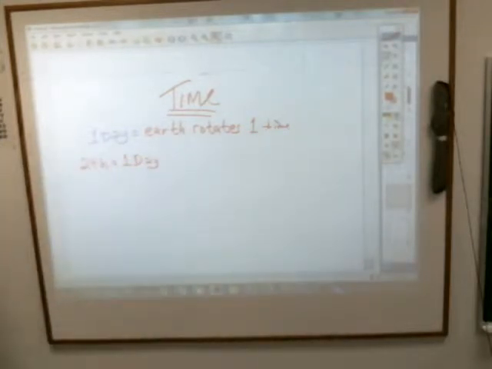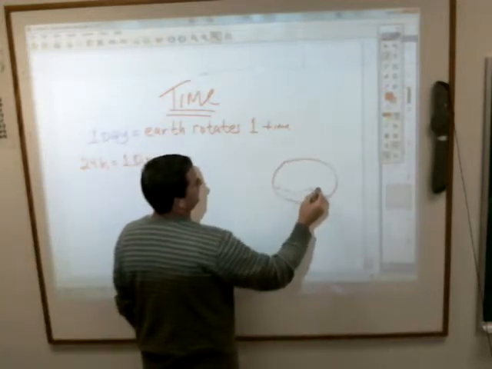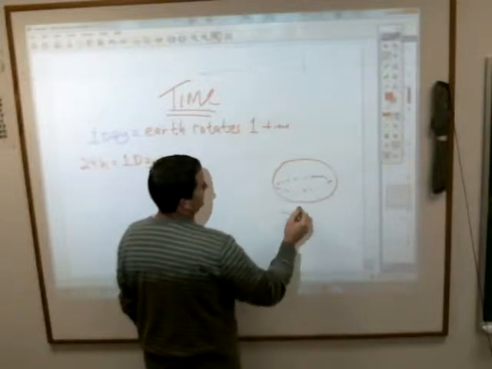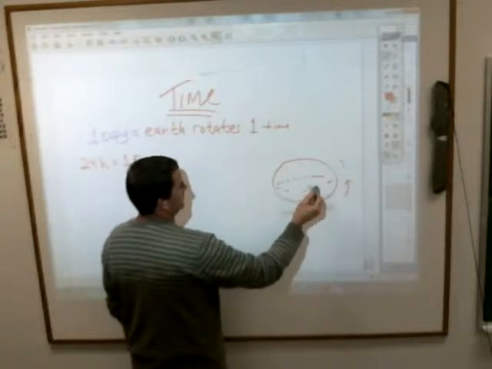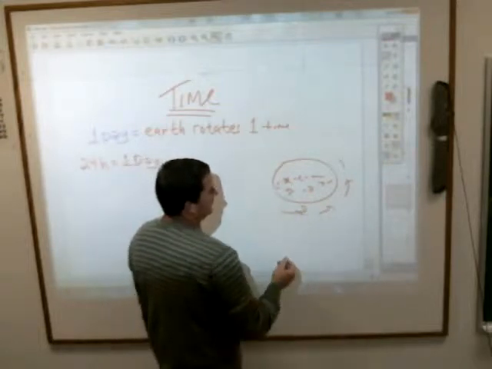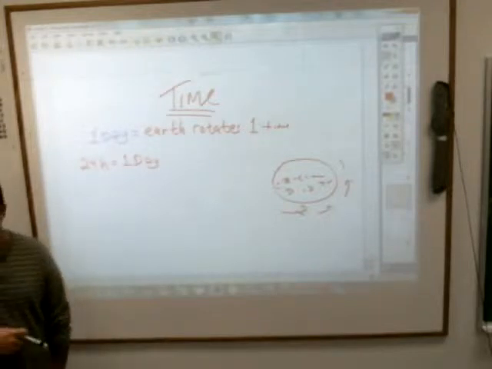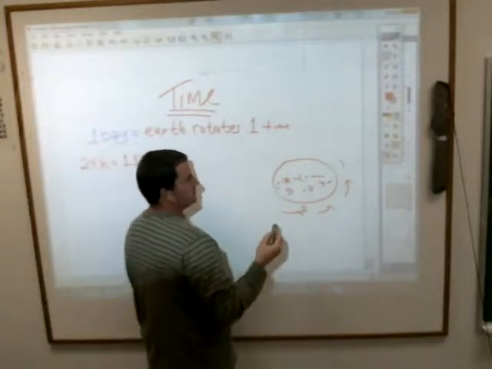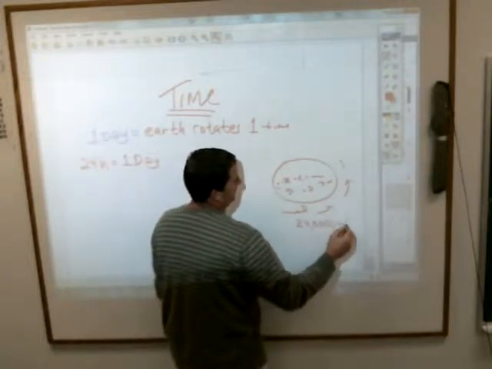Which means the Earth realistically is spinning awfully fast, because if the circumference of the Earth, children, here's our Earth. I'll give you a little three-dimensional look. And it's spinning, spinning that way. The distance around the Earth is about what? Does anybody know? Let's just pretend that I know. I think it's close to 24,000 miles.